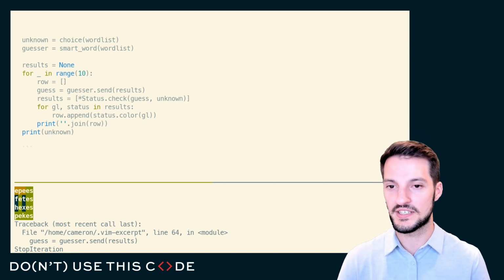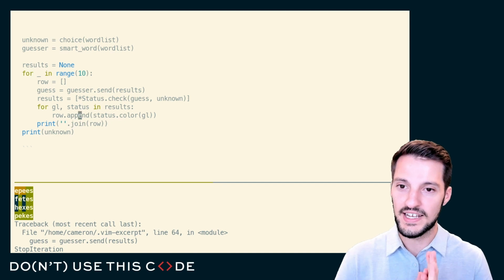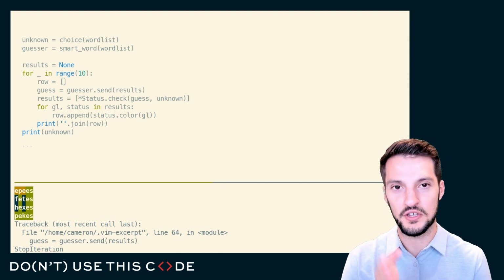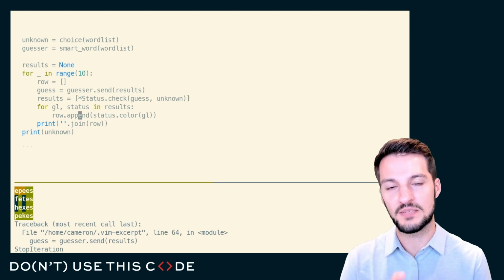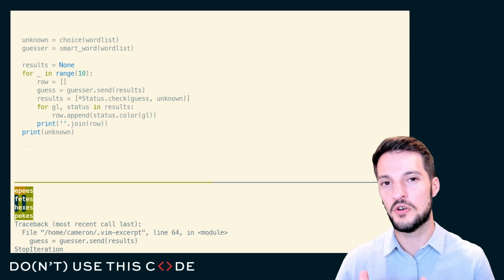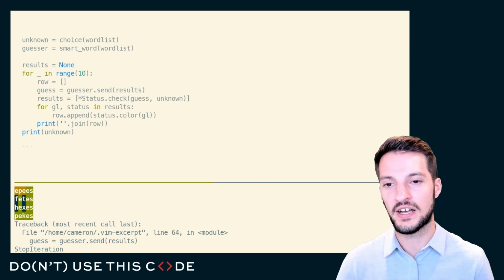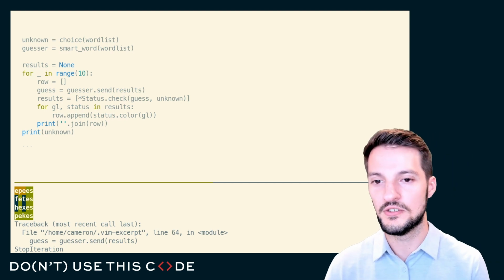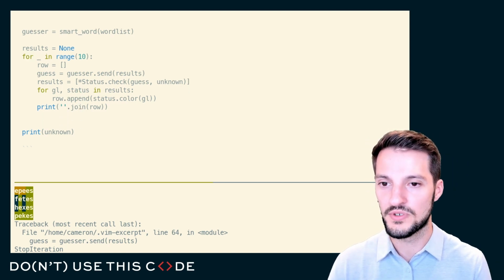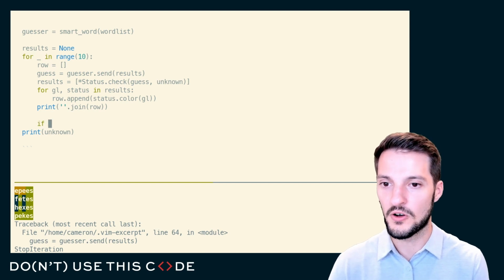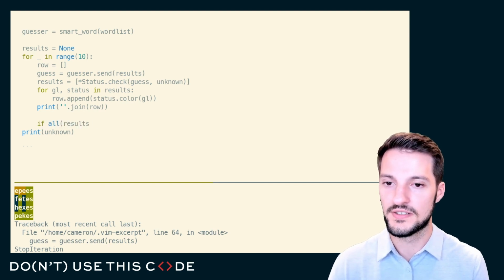We're hitting this because our guesser has run out of results to perform. That's because we've hit the correct word, and that correct position filter is simply blocking out everything afterwards. And so we no longer have any valid guesses left, yet we're still trying to send results in. And so what we need to do is simply just break out of this for loop. And we can do that by asking if all results,